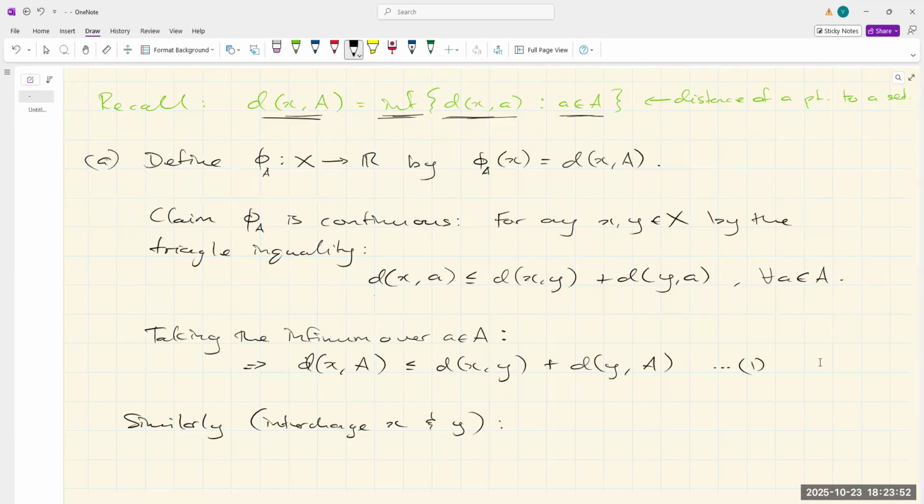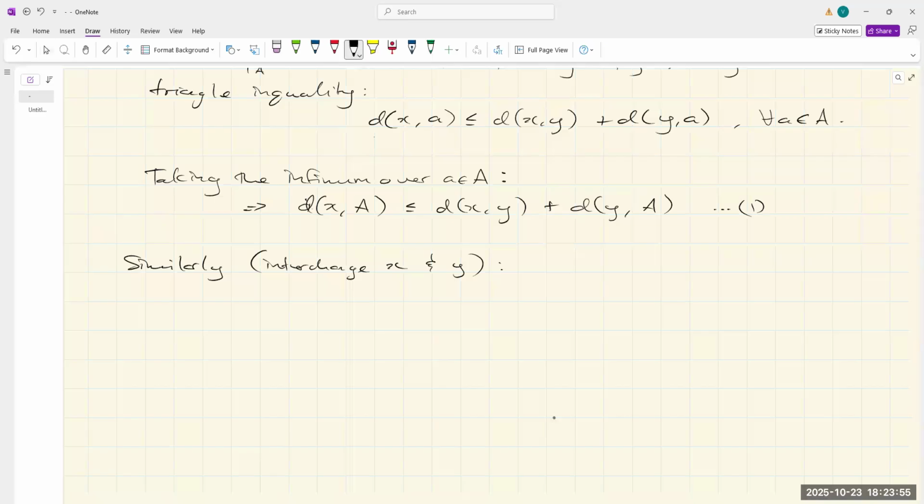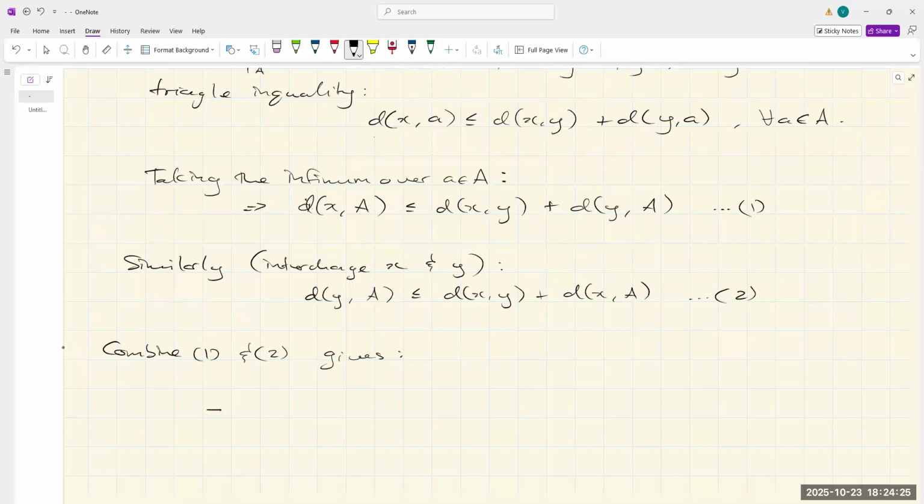I could get this one, d(y,A) ≤ d(x,y) + d(x,A). Okay. Now from 1 and 2, we could combine 1 and 2 to get, if I combine 1 and 2, then I think it's easy to see that minus d(x,y) is less than or equal to